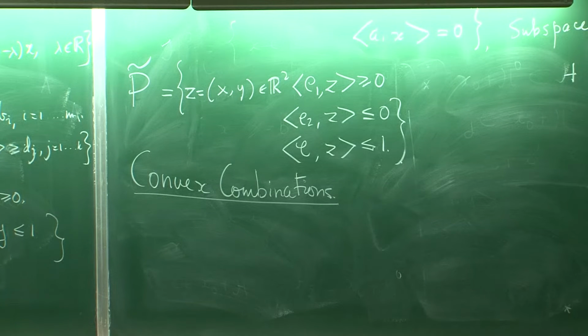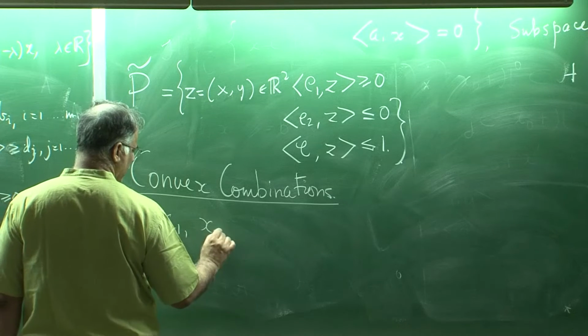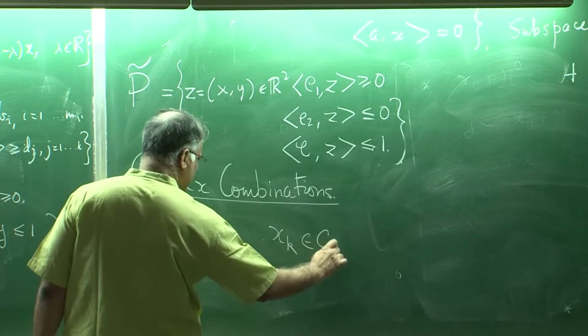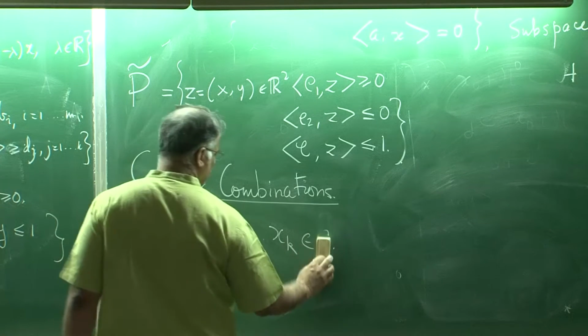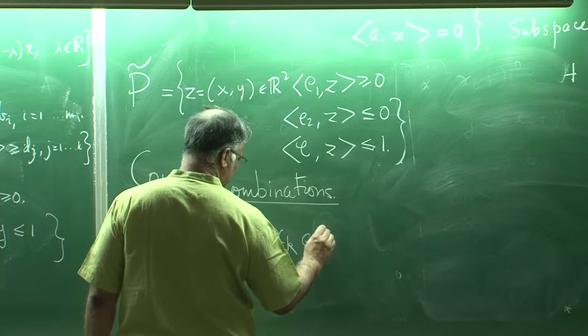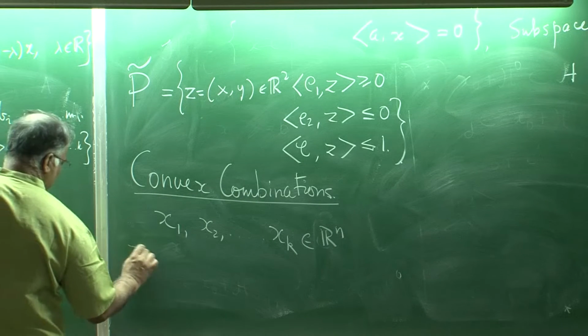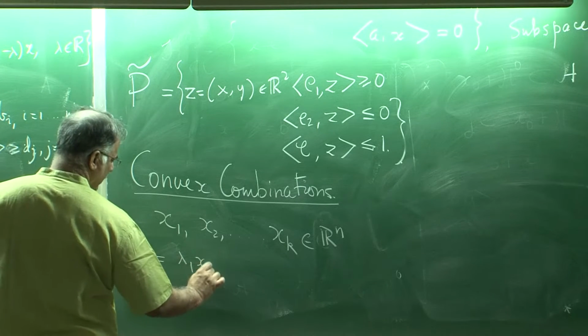We will give you some exercise in the second half about convex combinations. If I have k vectors x1, x2, up to xk, all in some convex set C, or in Rn if you do not want to say C, whatever you want to mention. So these are all vectors in Rn. Their convex combination is an element of the form z equals lambda